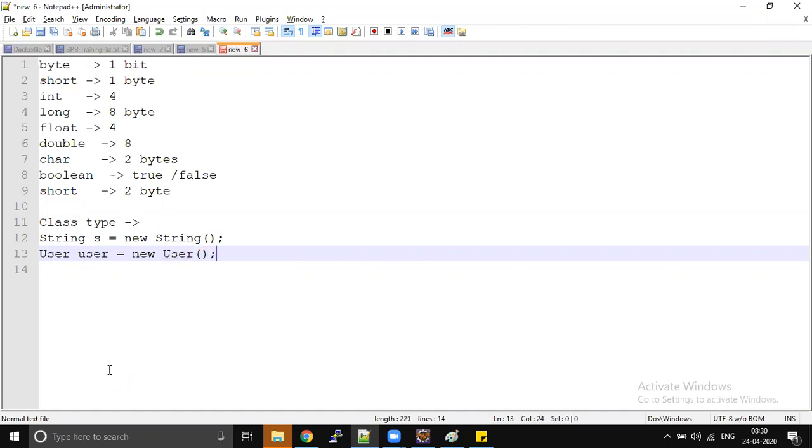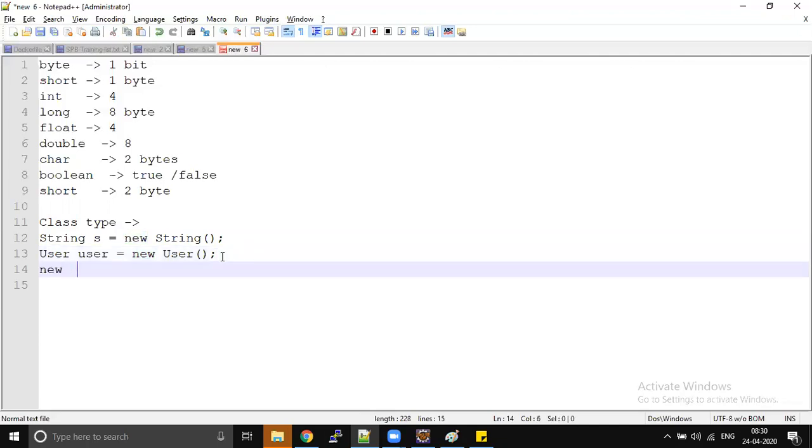And whenever we are using a new operator, we know what is going to happen in the background. Can somebody say what exactly is going to happen whenever we use a new operator? You assign a memory. Exactly. But where? Whenever we use a new operator, certain memory will be allocated, but where the memory will be allocated?